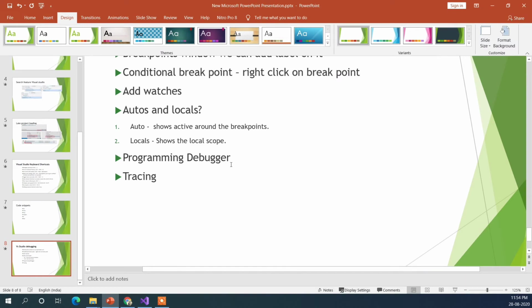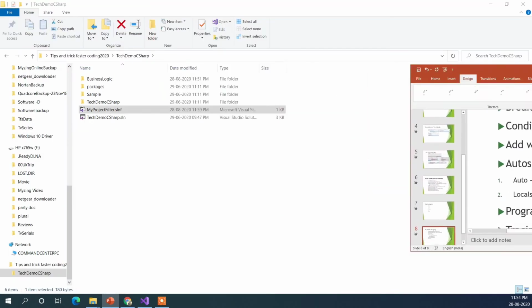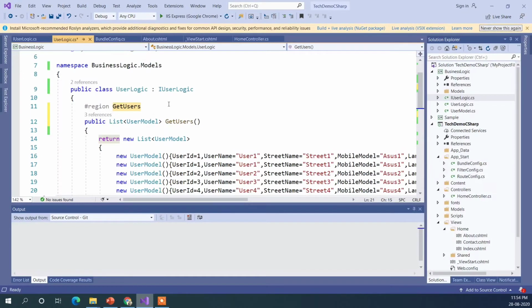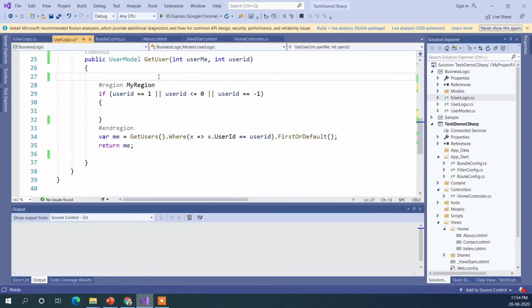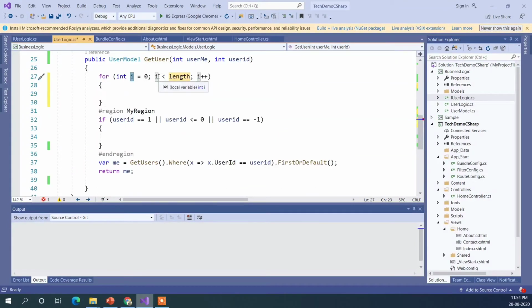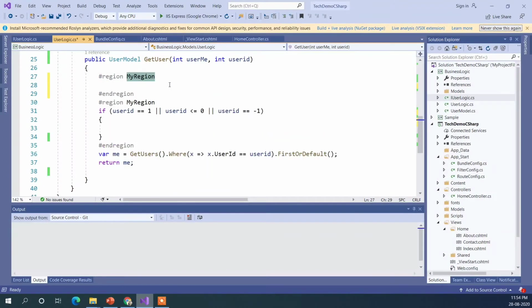So let me just show you that. If we are inside a class, I can type just for and double tap Tab, and it will add a block for me. Similarly, I can use if, and we can also use region as well.